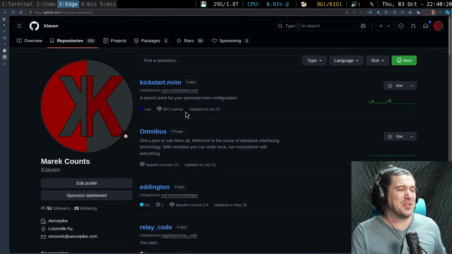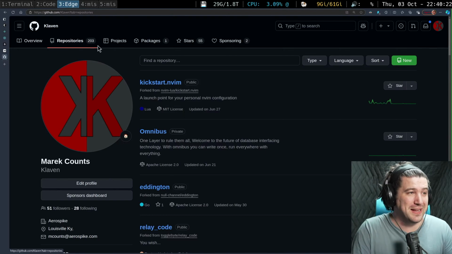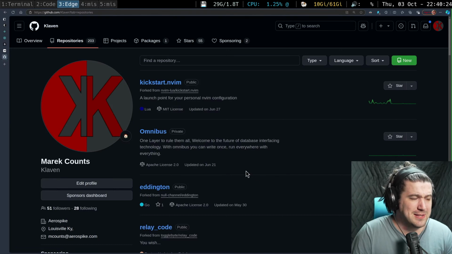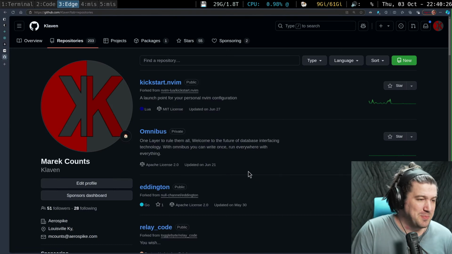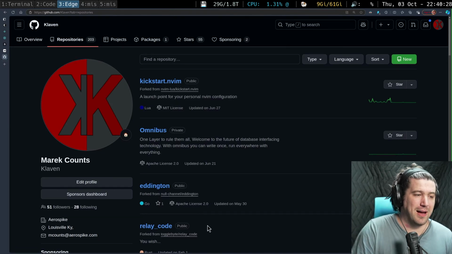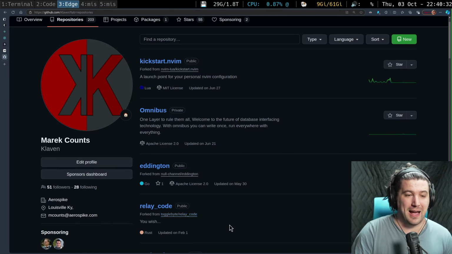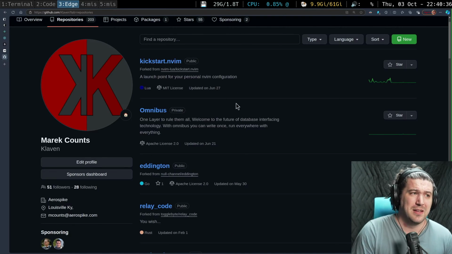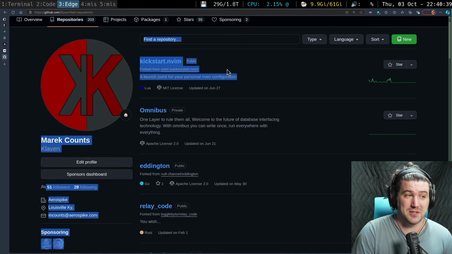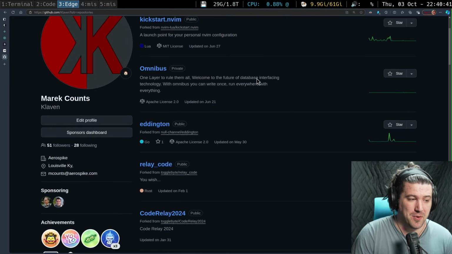But this is disingenuous if you're looking at this. The reason it's disingenuous is that I did this code relay with ToggleBit, and I had to fork the repository. That's how you work on the open source one. I forked Kickstarter to have that for my configuration.